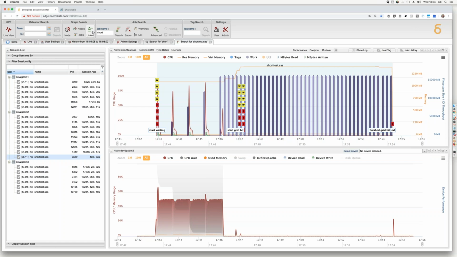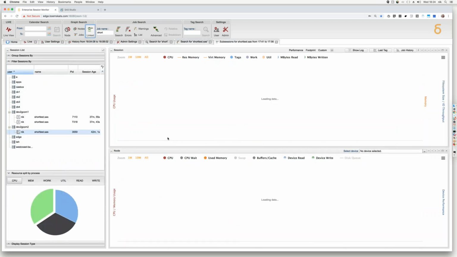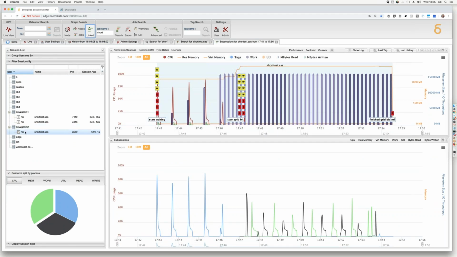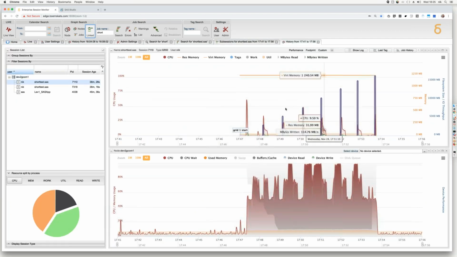If I search for linked sessions that were linked to this grid job, it was actually a SAS G-sub submitted job earlier. This will show me that there were 3 sessions involved in this grid job. One of them ran on Dev2 GCOM 2, and 2 of them ran on Dev2 GCOM 1. The first one, the blue one, that ran on Dev2 GCOM 2, used a bit of CPU very sporadically, and I can go into why that is in a minute, and grew a SAS work for that session. The other 2 sessions did the same thing, alternated and were split between the other 2 nodes. If I suspect that either of these was underperforming, I can always click on it and I can get the profile of that exact